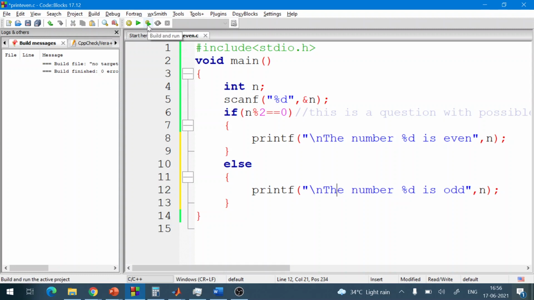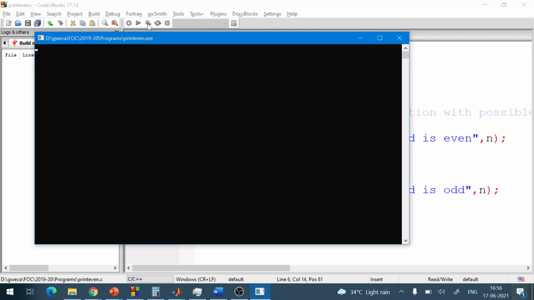Now if you remember, previously when we ran this program and gave input 9, it was not printing anything because we didn't deal with the false condition of this expression. Now if I give input as 9, see the answer: the number 9 is odd.